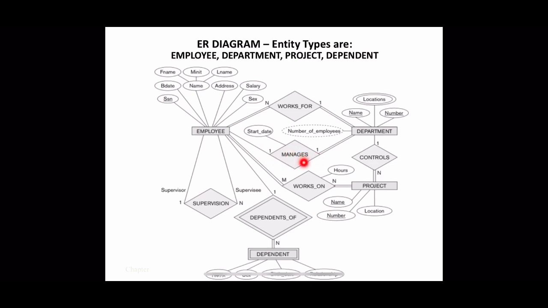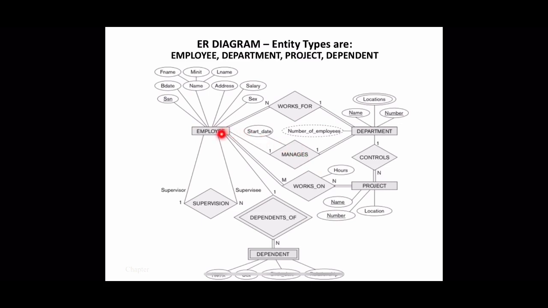For example, manages is a one-to-one relationship. The cardinality is one-to-one. A relationship can also have attributes. Here, start date is an attribute for the relationship type manages. The cardinality is one-to-one in the sense that an employee can manage only one department and each department can have only one manager. That's the constraint here.